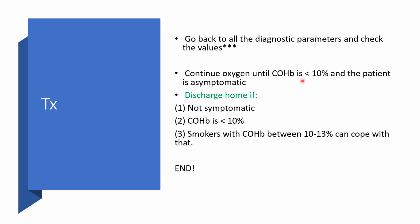The carboxyhemoglobin is less than 10%. Okay, we'll be thinking, okay, we can stop the oxygen right now. But how about signs and symptoms in this patient? If signs and symptoms are still present, we will not stop it. But if signs and symptoms are gone and carboxyhemoglobin level is less than 10%, okay, we can stop. We can then discharge home if there is no symptoms at all and carboxyhemoglobin is less than 10%, but not